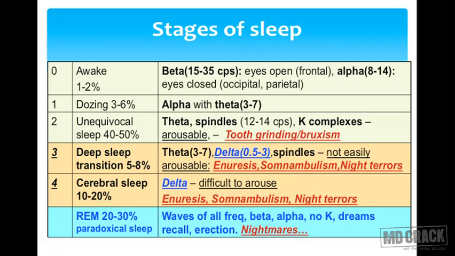Next we go to the REM sleep that occupies about 20 to 30% of the time, and it's called paradoxical sleep because the brain electrical activity is intact. And during the REM sleep, you get all types of waves, the waves of all frequencies, beta, alpha, there are no K complexes, and if there's a dream during this particular sleep, you can recall the dream after waking because your brain was active. The erection of the sex organs is also seen during the REM sleep, that's the paradoxical sleep,